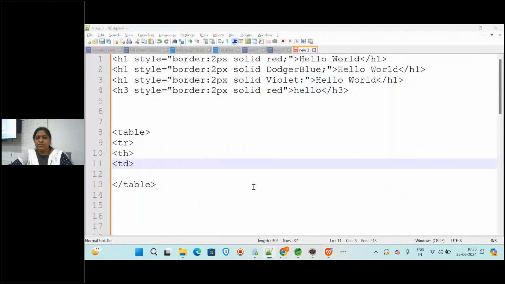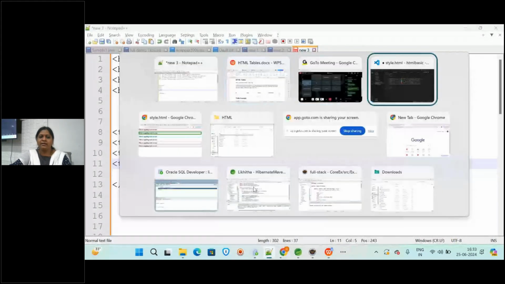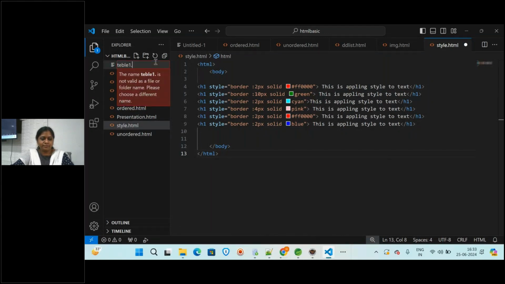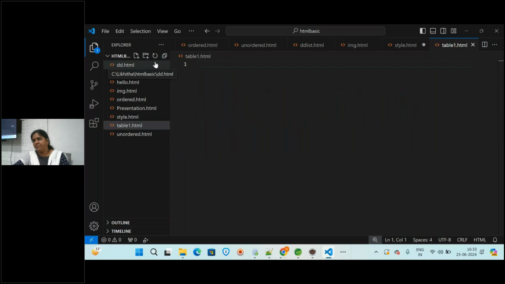Now let us go back here. Let us create one new file and save this as table1.html. Everything you will have to save with .html. So table is the main tag, th is for table heading, tr is for table row, and td is for table data.